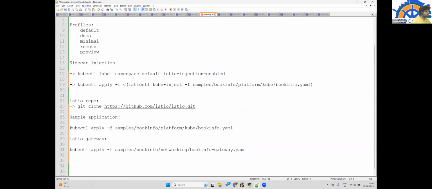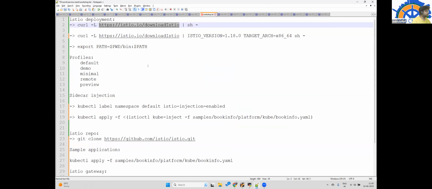Okay, this is only the downloading part. Now what we need to do is run the command.